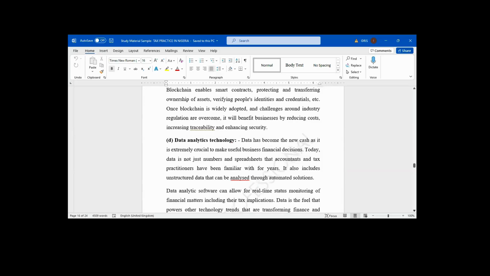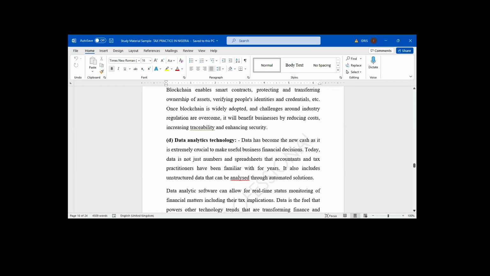These data analytics technologies, we use it to analyze data. Both tax practitioner, tax practice firm, and tax administrator make use of data analysis technology. It is the center of our job. Examples of data analytics technology are Microsoft Excel and all this accounting software. We are using it to analyze client data so that we can get results, so that we can compute the tax, so that we can file the return.